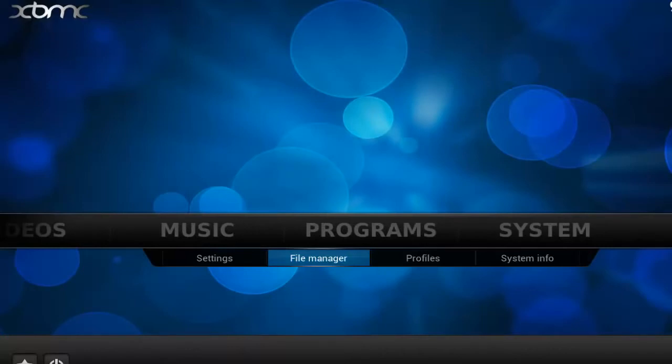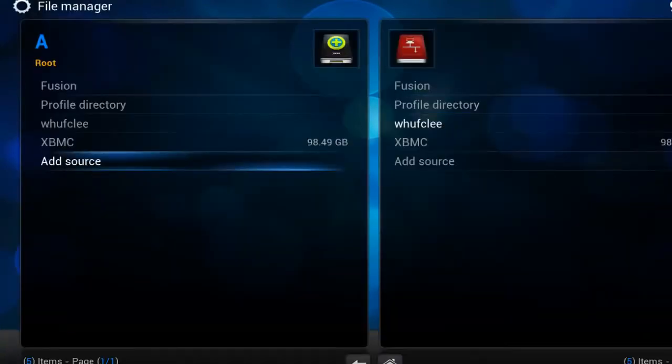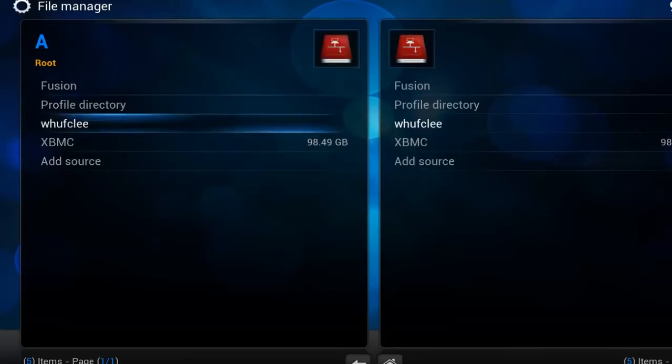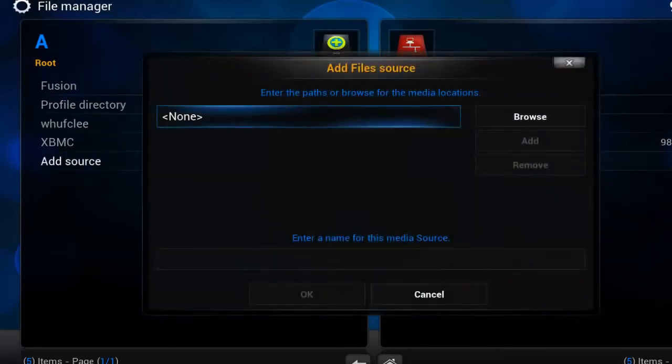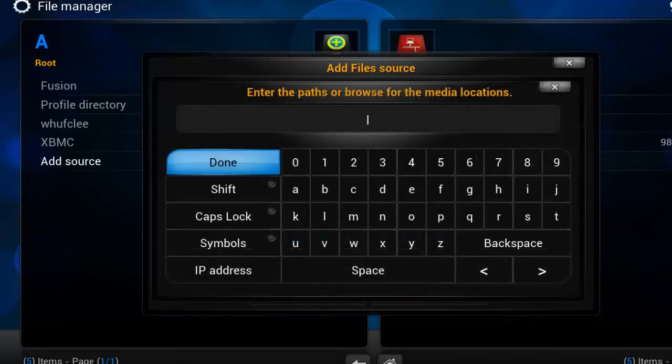So open up File Manager, and we're going to add the 2 URLs that are going to give you all of the add-ons that you're looking for. As you can see, I already have a few listed over here, but I'm going to show you how to add both Xfinity by XBMC Talk and Fusion by XBMC Hub. So first thing you're going to do is open up this option here where it says None, and we're going to enter in the URL for XBMC Talk's repositories. And that repository URL is